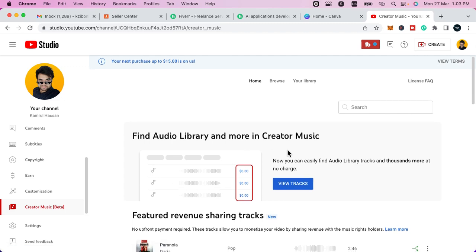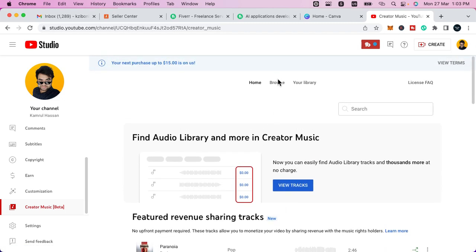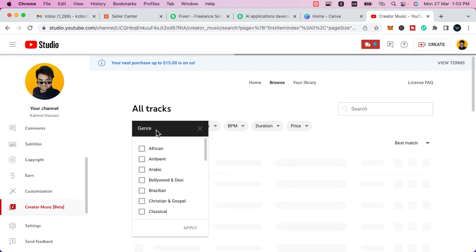and from here this is the new layout. I really don't like this one, so from here just go to browse, and once you are inside the browse tab, from here you just need to go to this option, this genre. Click here, and after this you need to scroll,